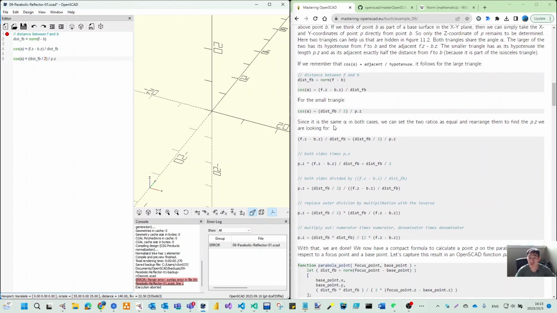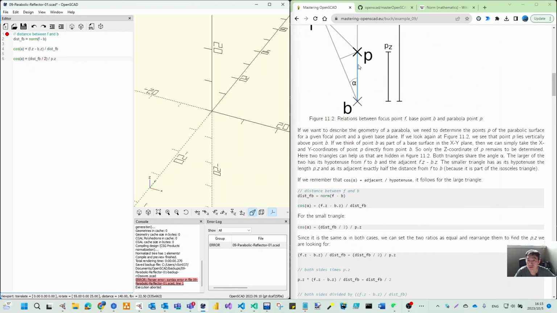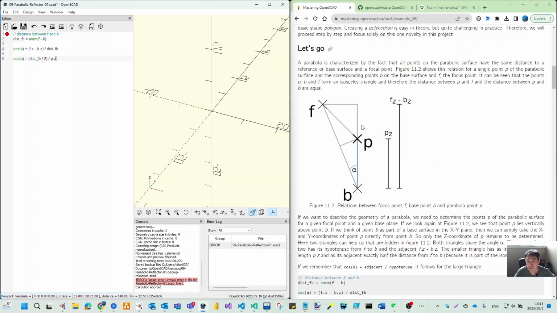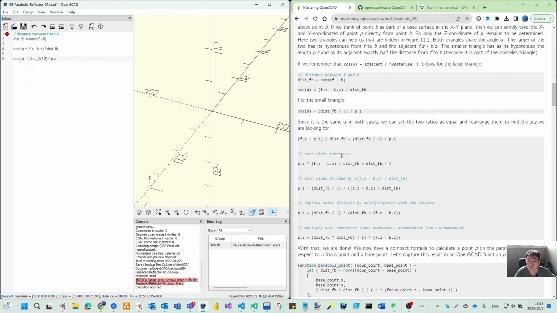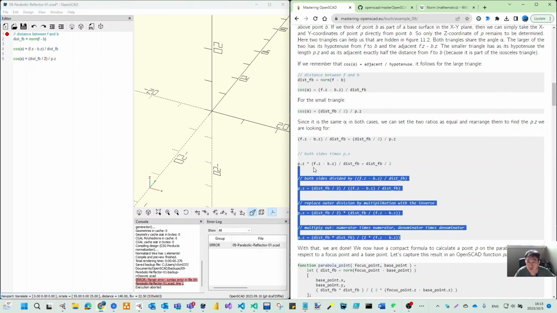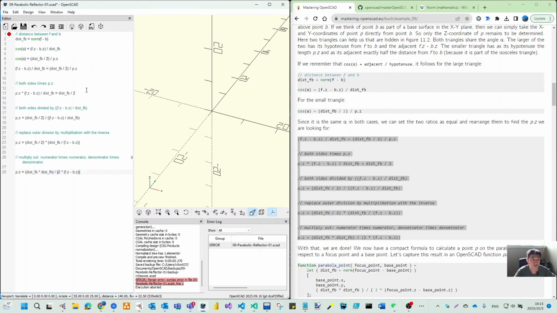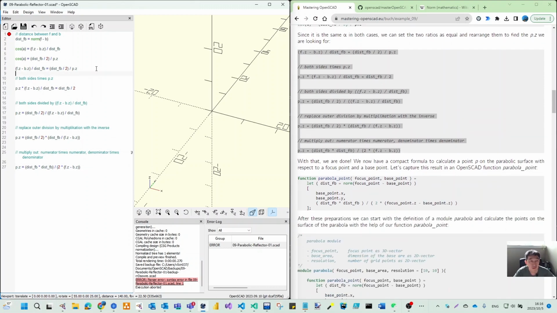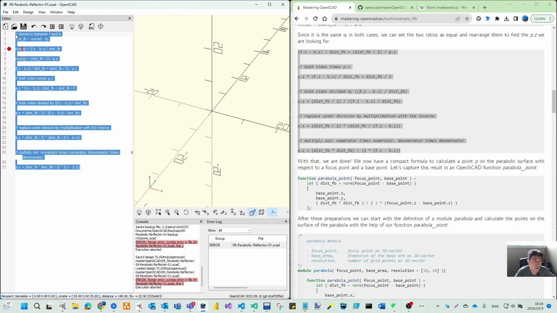Since it's the same alpha in both cases, we can set the two ratios equal and rearrange them to find PZ. PZ is here. So this is what we want to find. And then there are some formulas put in here. So I just copy this into our first code. Then we will leave this as some background. So let me save this and put those in comments,